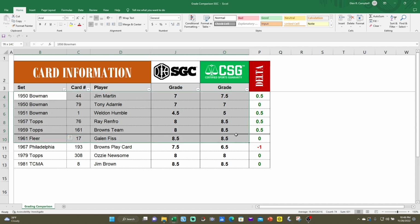So I would say that there is some evidence that on anything pre-1960, CSG is maybe about a half grade softer than SGC. Obviously 4 to 5, so it's not a huge sample size, but 80% of the cards I sent in came back a half grade better. So I would say there is a little bit of information there to support that maybe they're slightly easier on